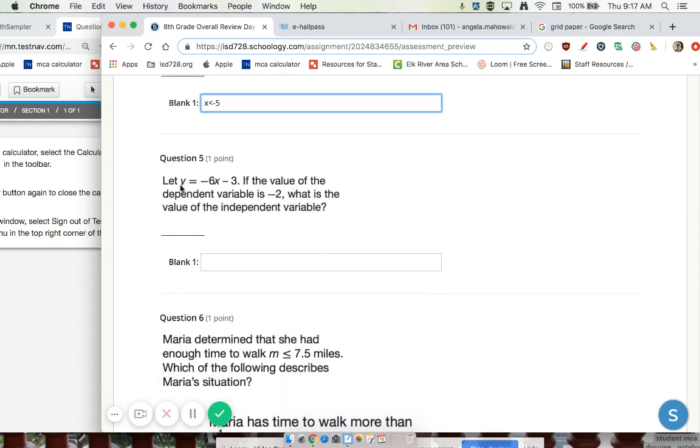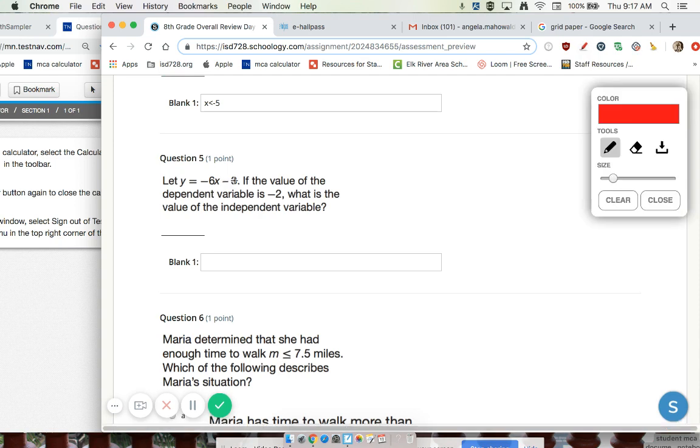Oh, we've done this one a couple days. So let y equal -6x minus 3. If the value of the dependent variable is -2, what is the value of the independent? So y depends on x. Y changes for whatever x decides it wants to be. So dependent means y. So I'm going to say -2